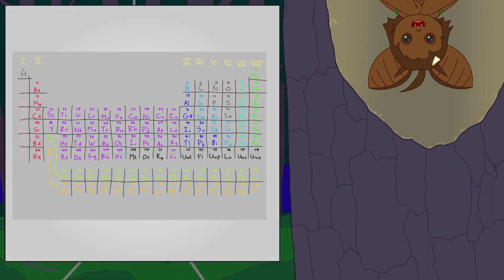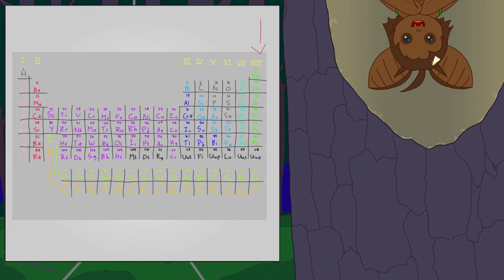Atoms that have few loose electrons tend to want to give them away rather than gain more. And the exact opposite is also true. Let's look at the periodic table. It's organized so that all elements in a column have the same number of electrons in their outermost shell. You'll know how many there are from the Roman numeral written on top.